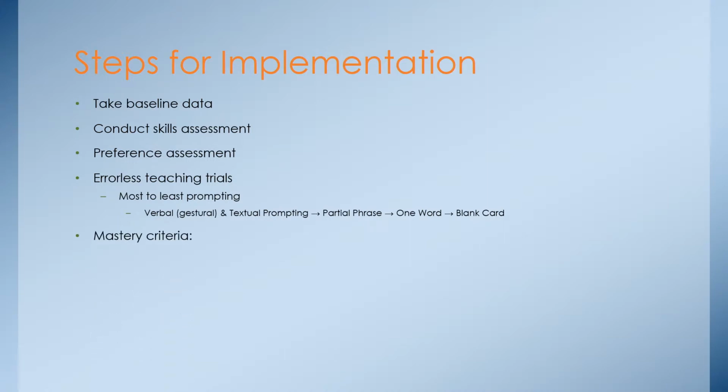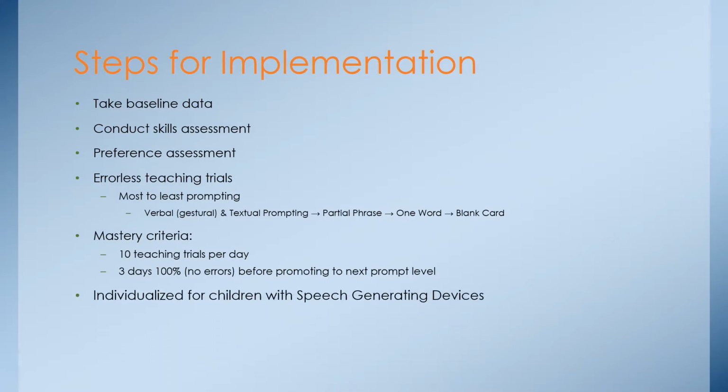Data are collected throughout the session and graphed at the end of the day. The recommended teaching trials per day is 10, and the student has mastered the skill at the current prompt level when there are 3 consecutive days at 100%, no errors. This means for 3 days, every time you provide the discriminative stimulus, being the question the child cannot answer, along with the verbal and textual prompt, they correctly answer, "I don't know, please tell me," either vocally or using a speech-generating device. It is important to note that if you are teaching a child using an SGD, a gestural prompt will replace a verbal prompt in your teaching trials